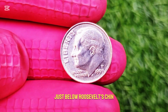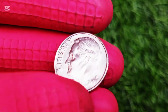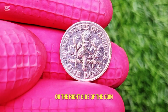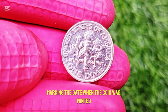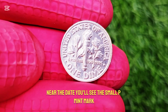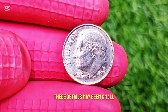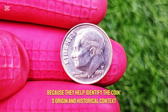Just below Roosevelt's chin, you will find the phrase, "In God We Trust," which has appeared on American coins for many years as a reflection of national tradition and faith. On the right side of the coin, you will notice the year 1999, marking the date when the coin was minted. Near the date, you will see the small P mint mark, indicating the coin was produced at the Philadelphia Mint. These details may seem small, but for coin collectors they are extremely important because they help identify the coin's